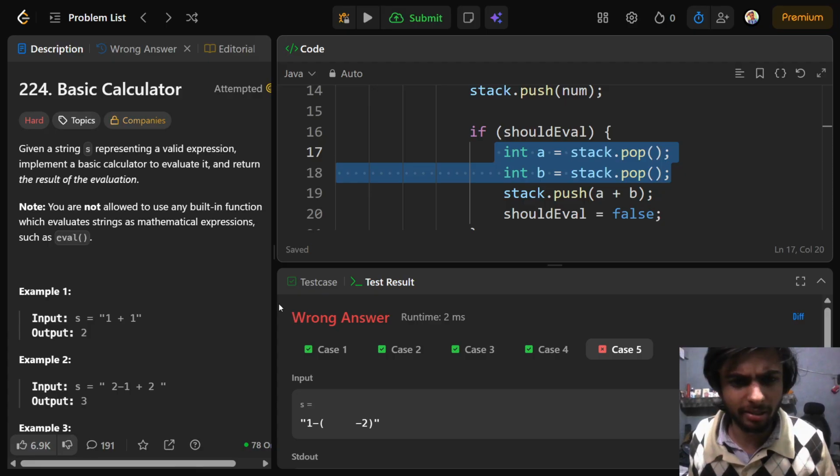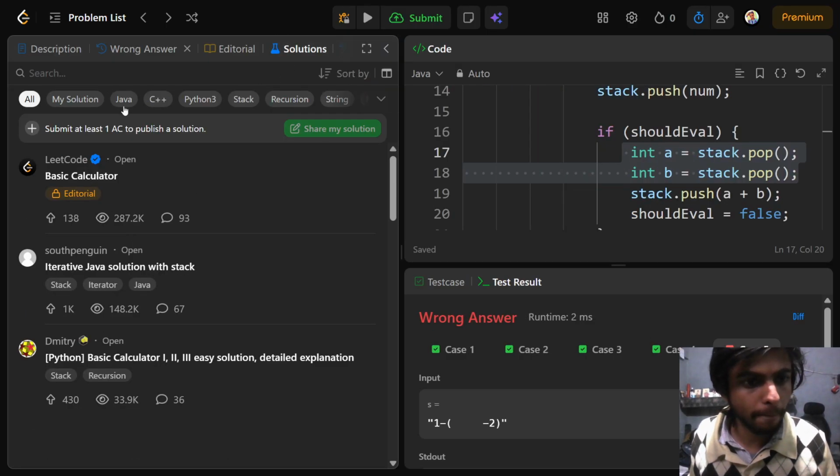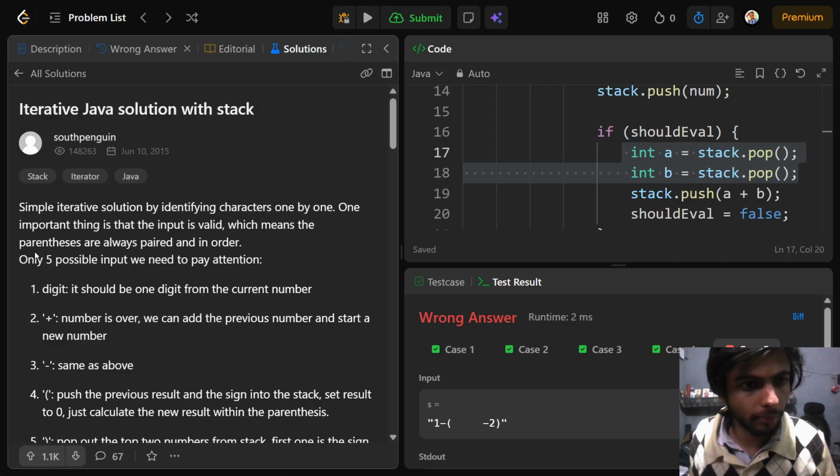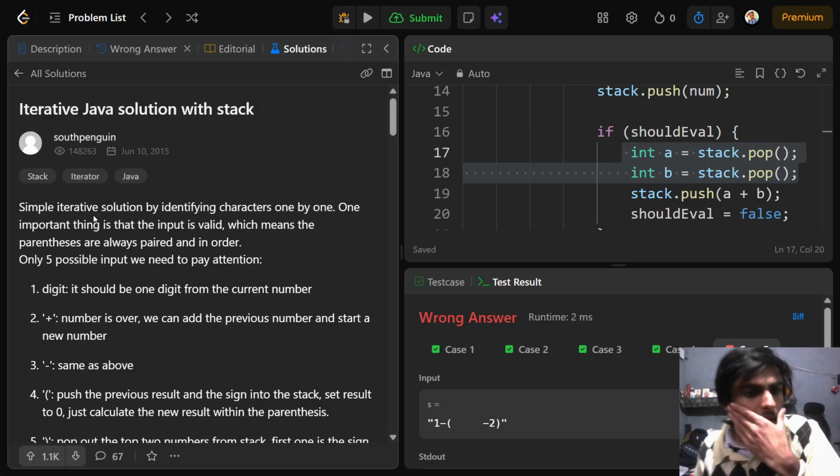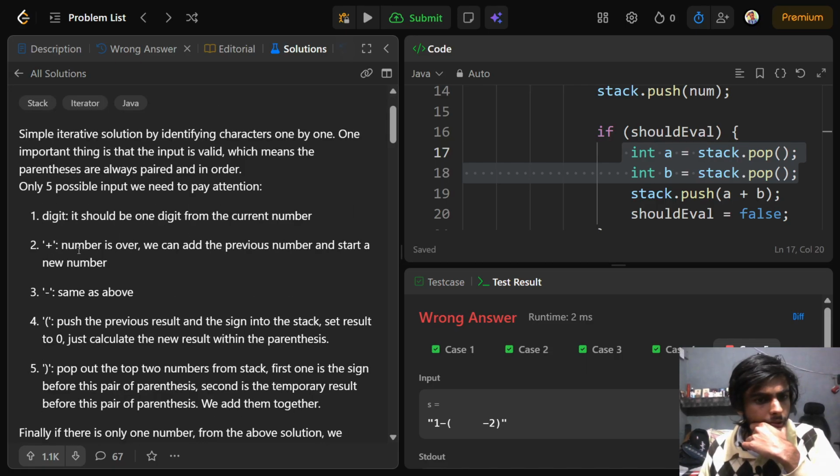Okay, let's just check some hints. Simple iterations to identify character one by one. One important thing is that the input, which means number is over. We can add previous number and start a new number. Push the previous result and sign into the stack. Set the result to 0. Just calculate the new result within the parentheses. Pop out the